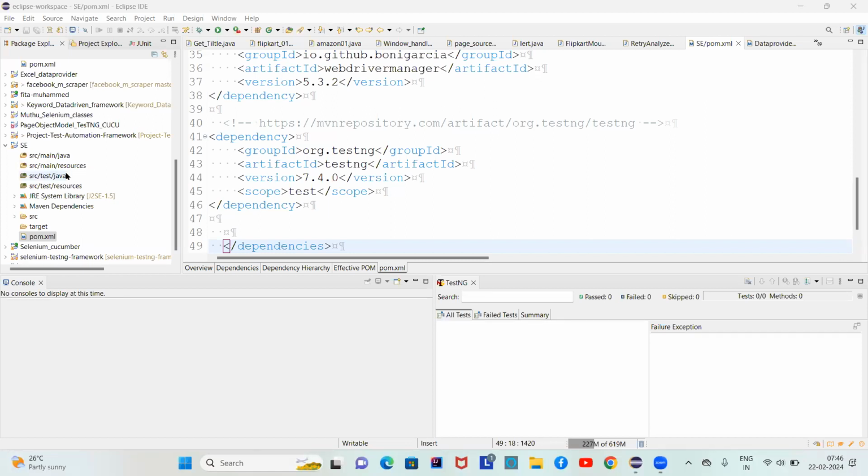So up to yesterday, we have seen the installation and how to create a project, and how to add the dependencies and how to add the jar files. This much we have seen yesterday. From today onwards, we are going to write a program. The first thing, the dependencies of